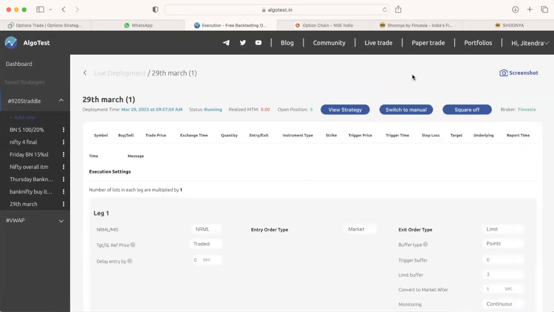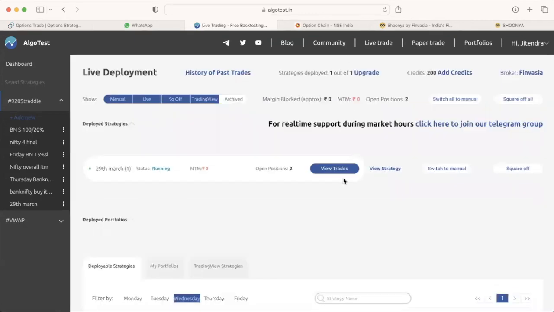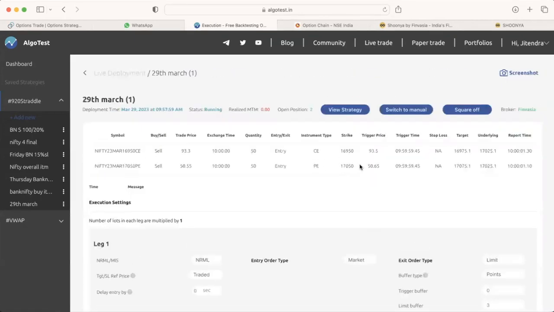So at 10 a.m., the strategy has got triggered. So now when we see this, 1705 and 1690 at price of 93 and 50 has been in the system. So this is automated. There is no stop loss as we have an overall stop loss. So whenever that overall stop loss gets hit, okay,